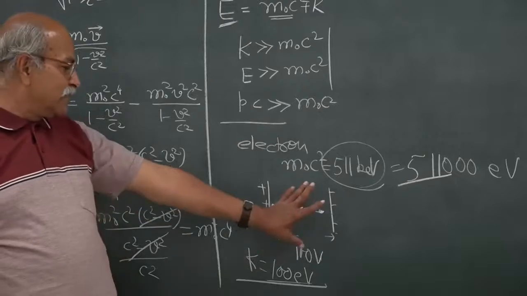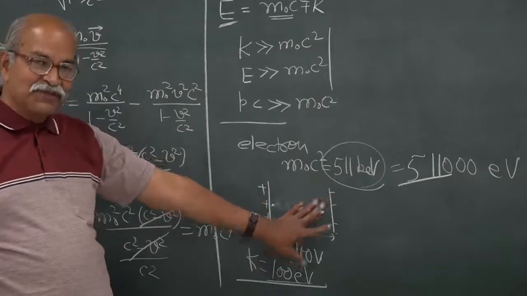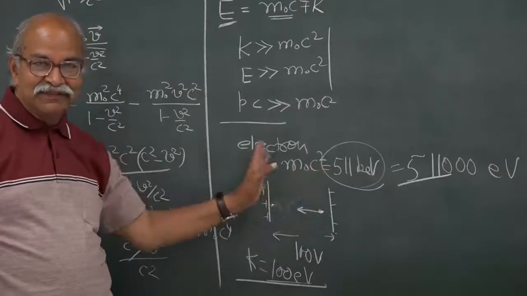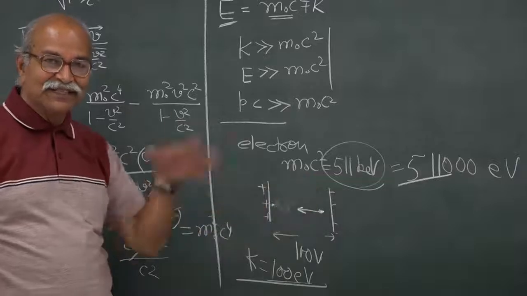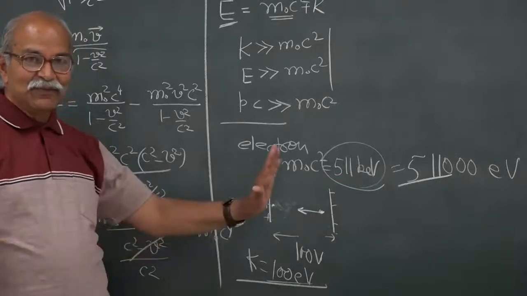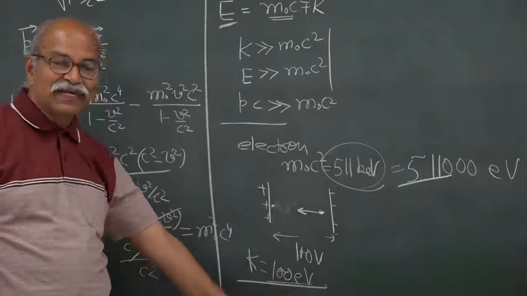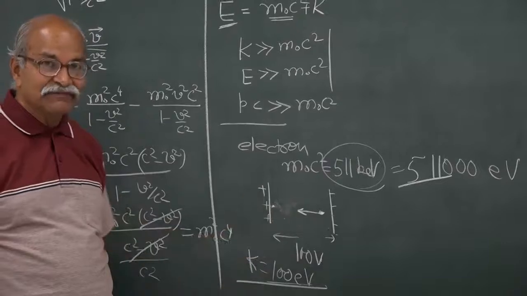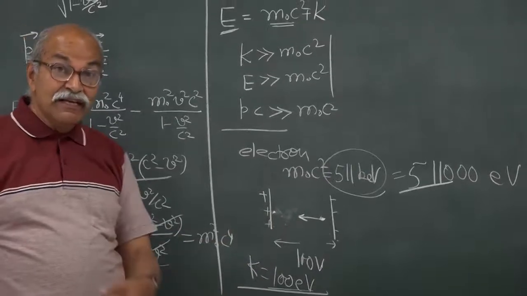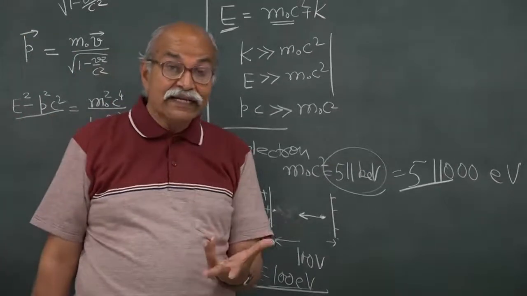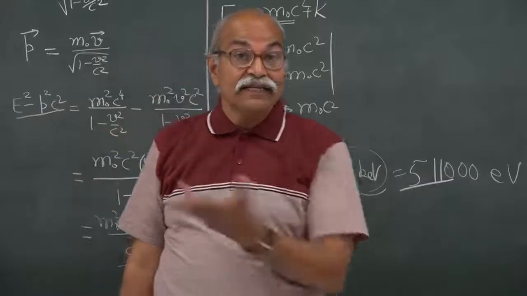So I will say that okay, Newton is okay, F is equal to ma and half mv square and all that, acceleration, and v is equal to u plus at, and all those things will work very well here, it is okay for me. But then if you are accelerating an electron in an accelerator,